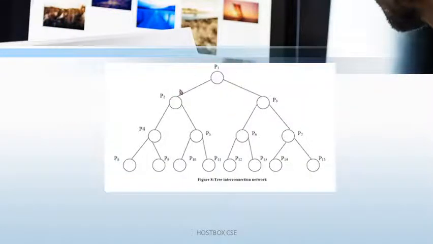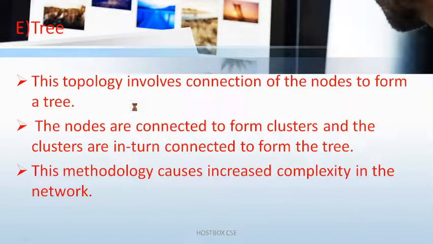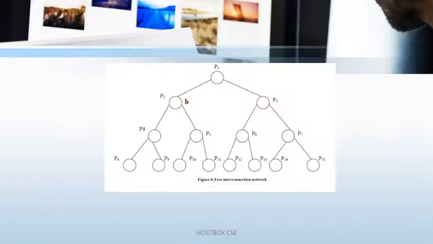This is the diagram: processor 1, processor 2, 3, machines like that, having subdivisions and so on. This is a tree interconnection network. It is simple and easy, similar to a graph. In the graph data structure you have parent, child, subchild and so on. Similarly in the tree structure, the systems are connected like this. The problem is that it increases complexity, but like the previous network, you can share information from one system to another and so on.